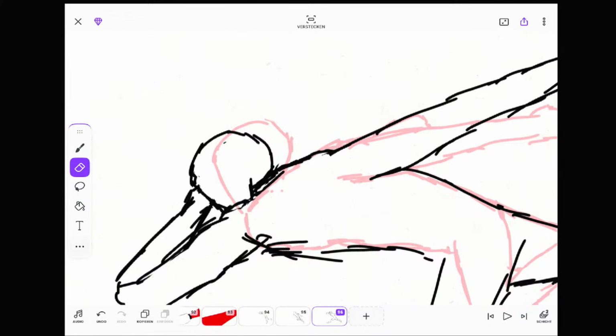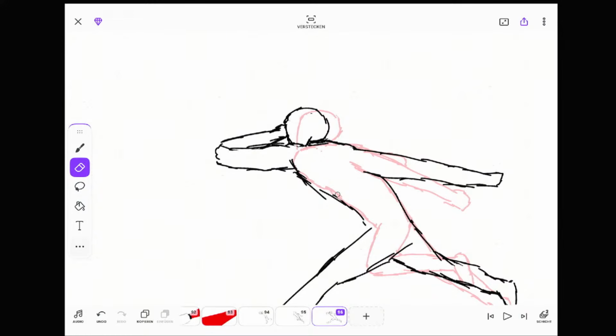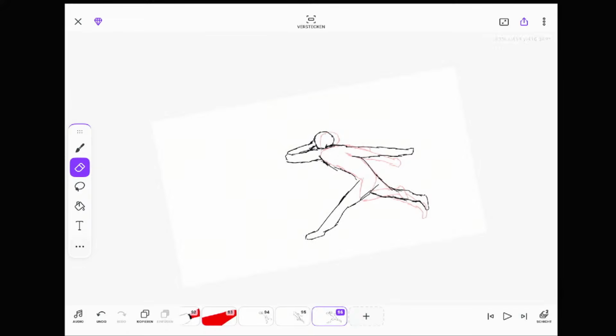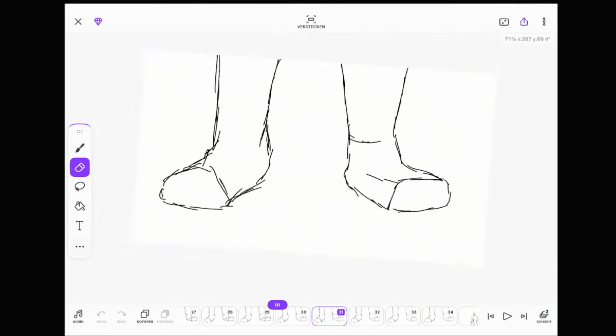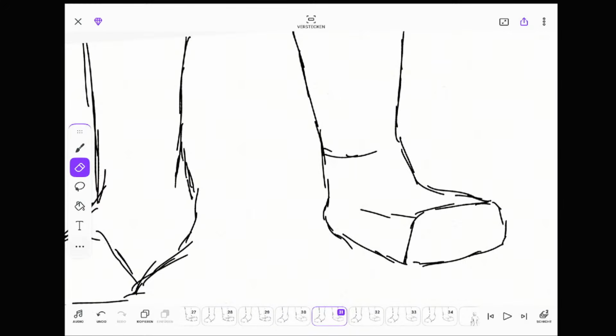And another thing that keeps me motivated is to at first just animate without any details. I mean, look at what I'm doing right here. The drawings, the lines, they're very not good.